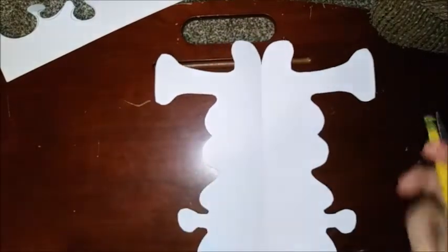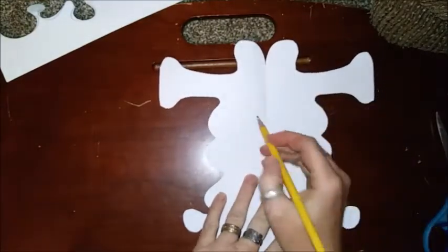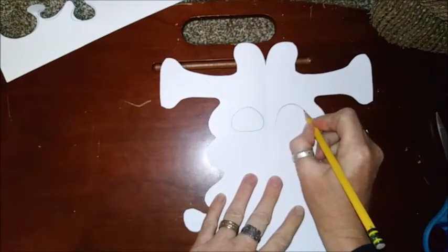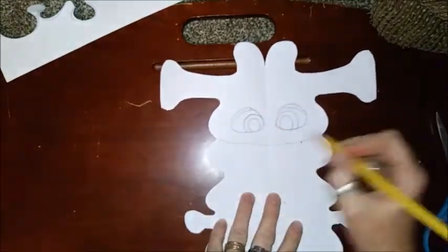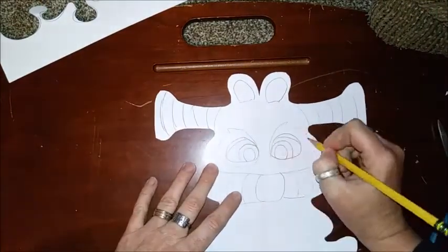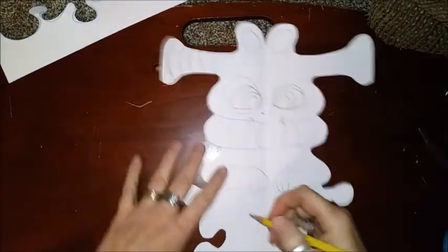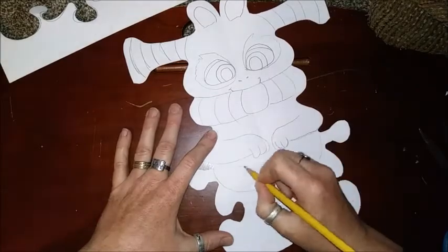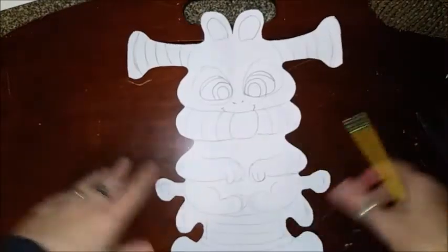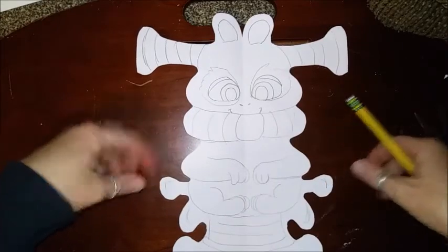So if I were to do something, let's see, what do I see here? So I see what would be maybe like horns on something right there, and then I would... Alright, so that is just a fun thing for you to kind of see how my mind works when I'm drawing,